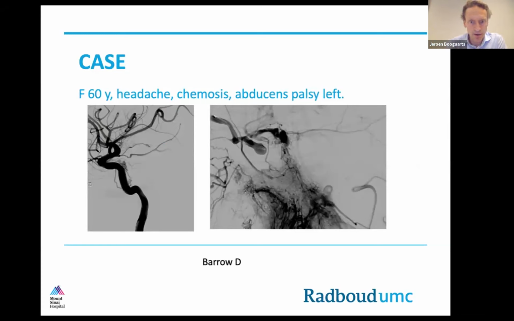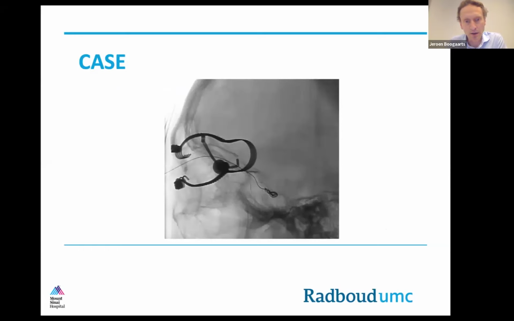And here you see also this patient with indirect filling of the cavernous sinus from the internal carotid artery, but also from the external carotid artery, so it's Barrow D. And there was no clear route for normal transvenous access. So in this case, we decided to go to the superior ophthalmic vein, because it was also very extended,